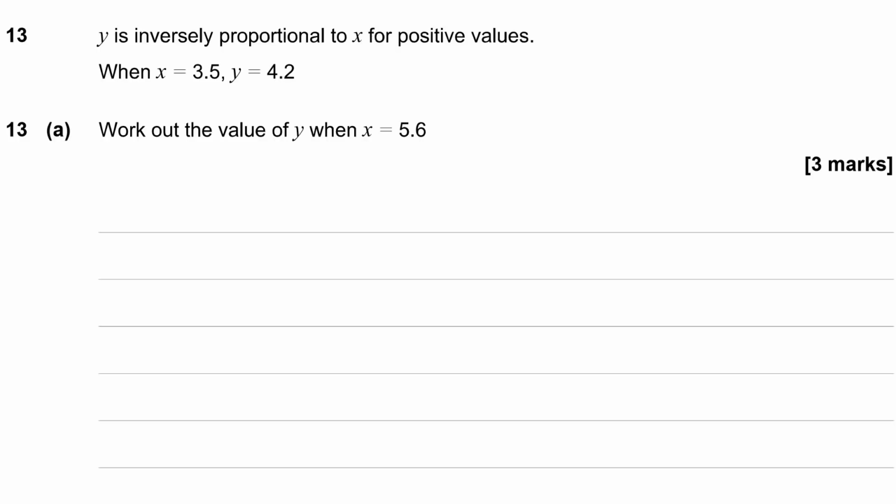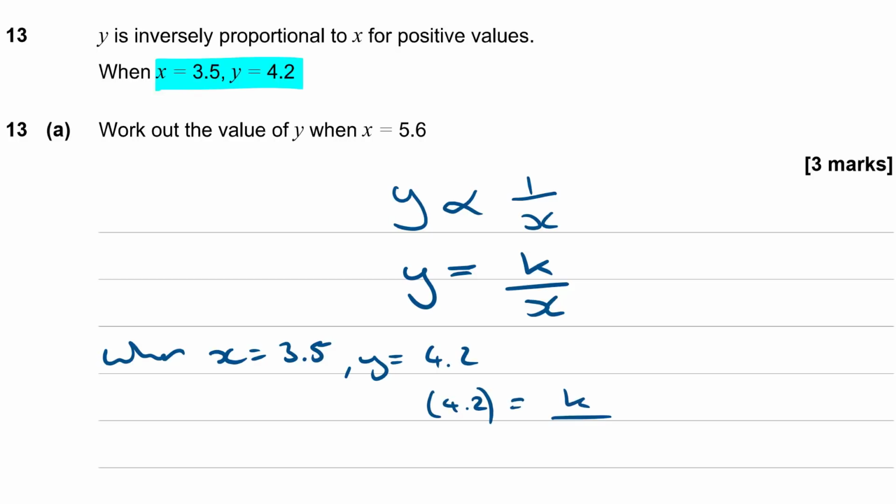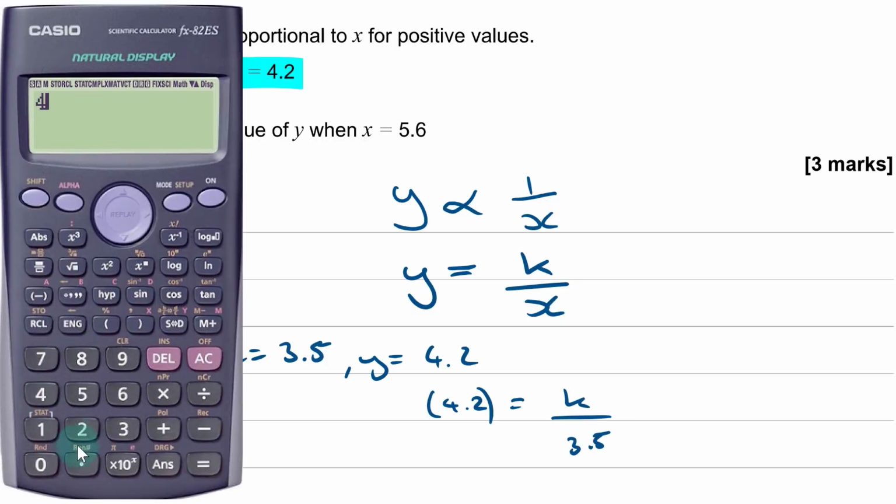Question 13. Y is inversely proportional to x for positive values, and we're given a pair of values that go together. Okay, so y is inversely proportional to x, which means y is equal to k over x. So we're given a pair of values that go together. That should be enough for us to evaluate what k is. So when x equals 3.5, y equals 4.2, this tells us that 4.2 is equal to k over 3.5, making k equal to,